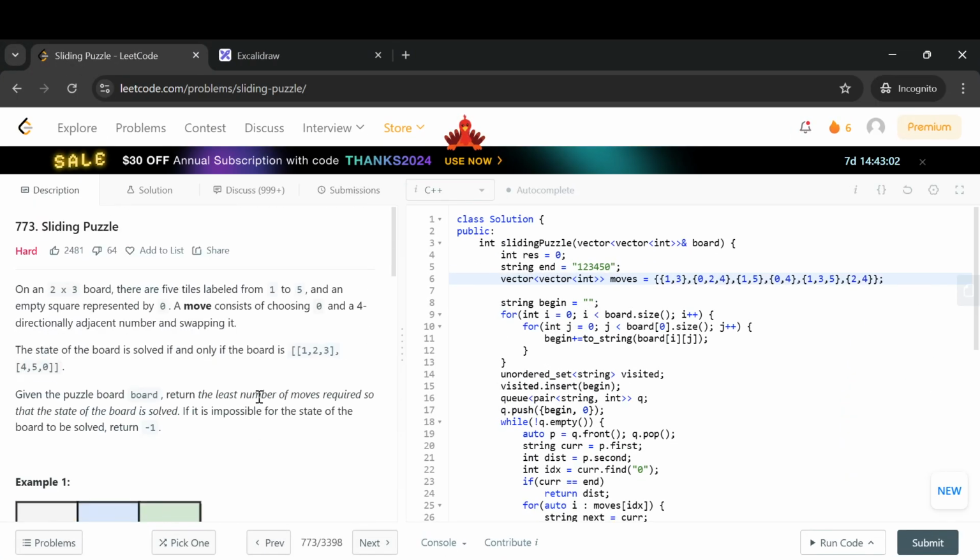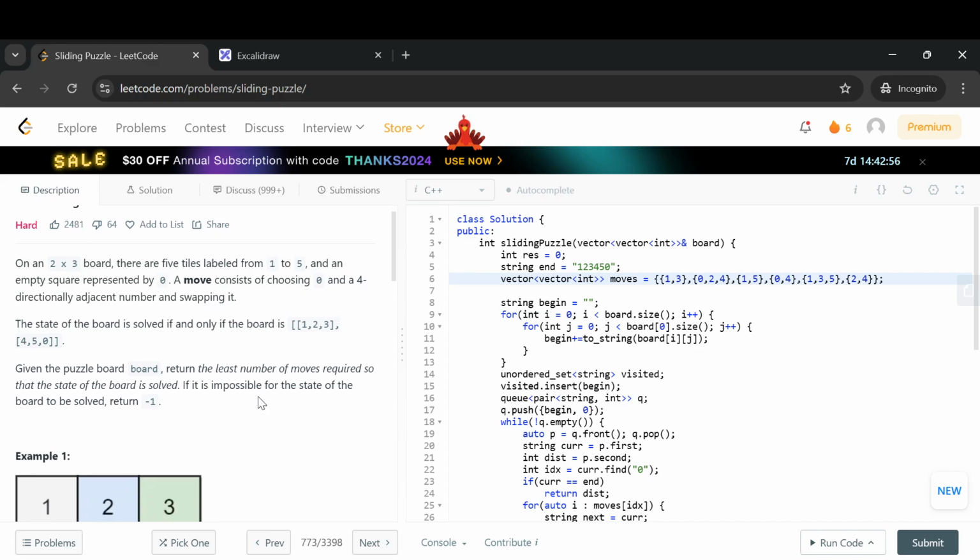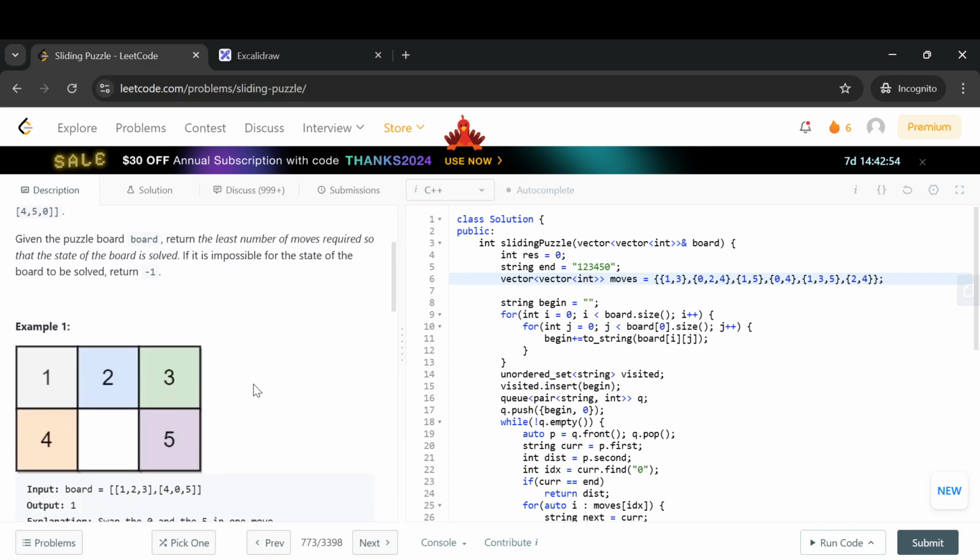Hello. So let's look into today's Leetcode problem, which is sliding puzzle. You are given a 2 cross 3 board, and this board has a total of 5 blocks, and each of these 5 blocks are numbered from 1 to 5. Additionally, you are also left with a space which doesn't have a block, and your end goal here is to shift the blocks in such a way that it follows an order of 1, 2, 3, 4, 5, and